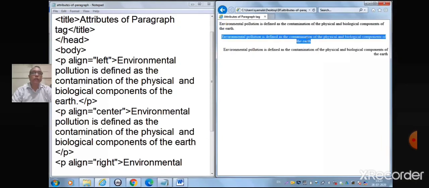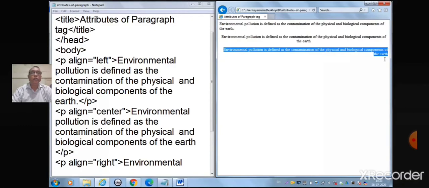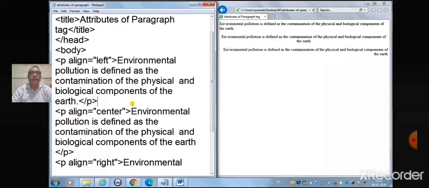If we want to insert a line between these paragraphs, we will be using the horizontal rule tag. Come to the Notepad window. Type HR at the end of the first paragraph. Save the file and refresh it on the browser.